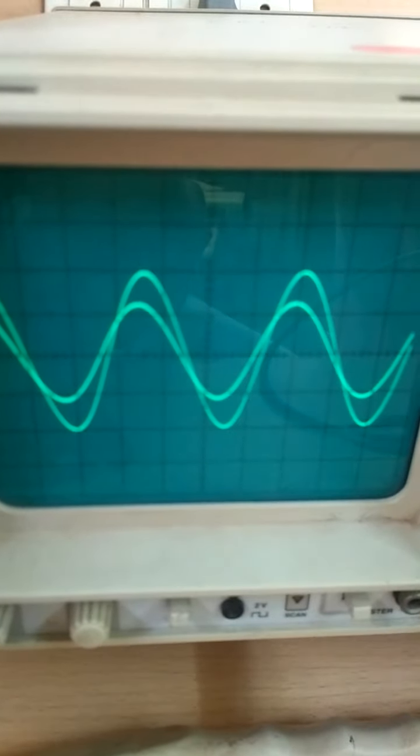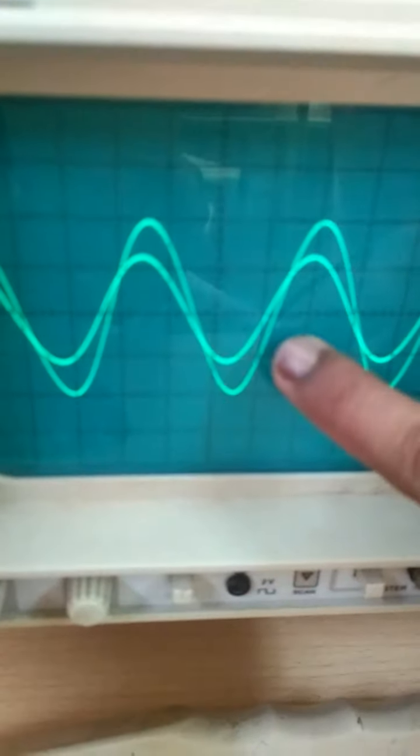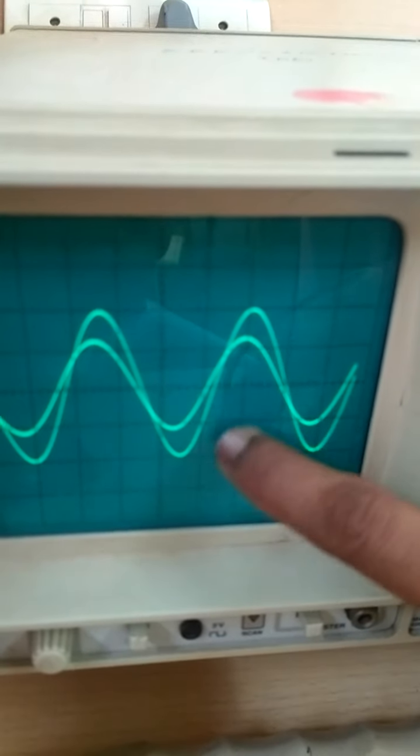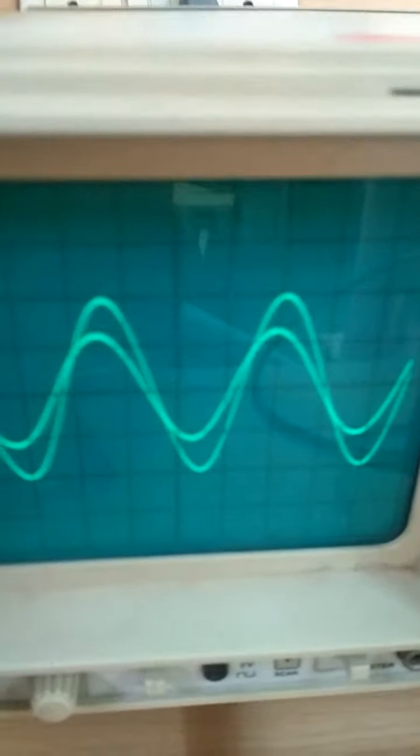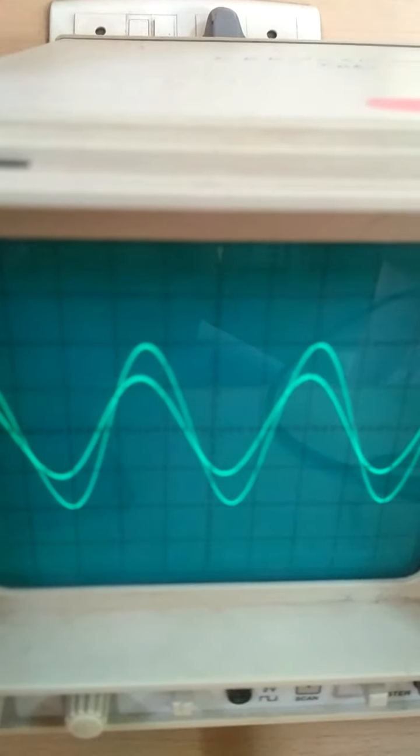Okay, and then still if I go on increasing, what happens? Can you observe your waveforms, it is around 13K or 17K now. Can you see? Output is leading your input. Okay, so there is a phase shift. Output is crossing the zero crossover first, then the input. So this is the lead part. This is with respect to the waveforms.